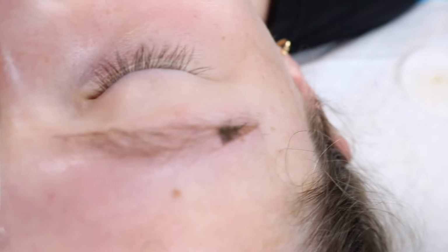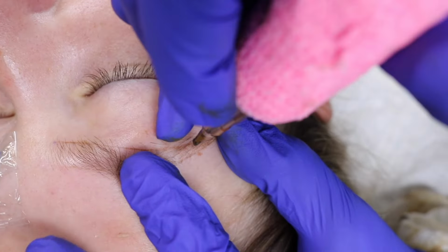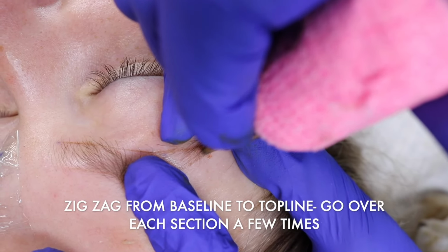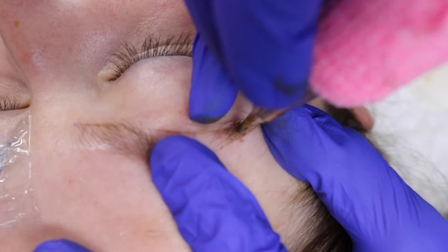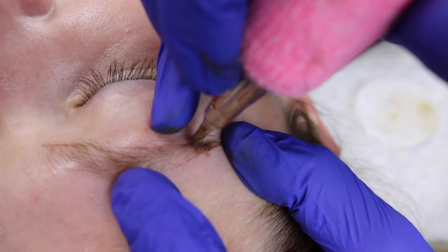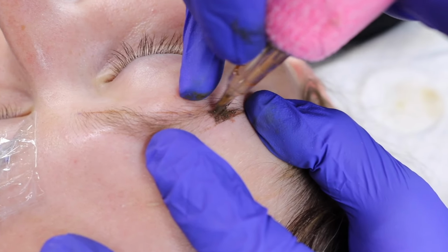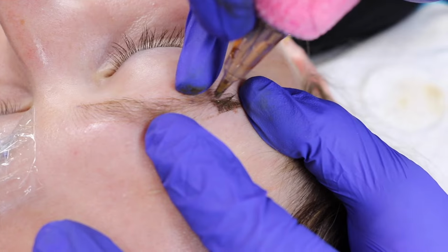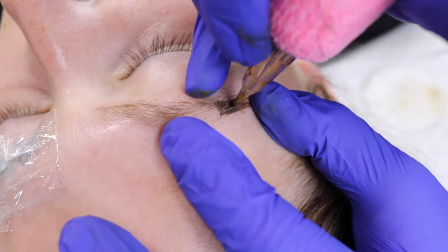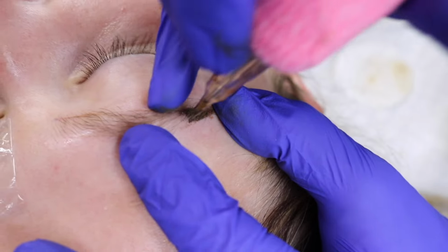So I do one section. Okay, so your first pass, it's not going to be perfect, but we're just trying to get pigment down. So I'm going to go from my bottom line to my top line in a zigzag motion, up and down. Now I'm going to move over and do that overlapping by 50%. Up, down, up, down. Do that again. Overlap by 50%. Up, down, down. Again, overlap, 50%. Up,